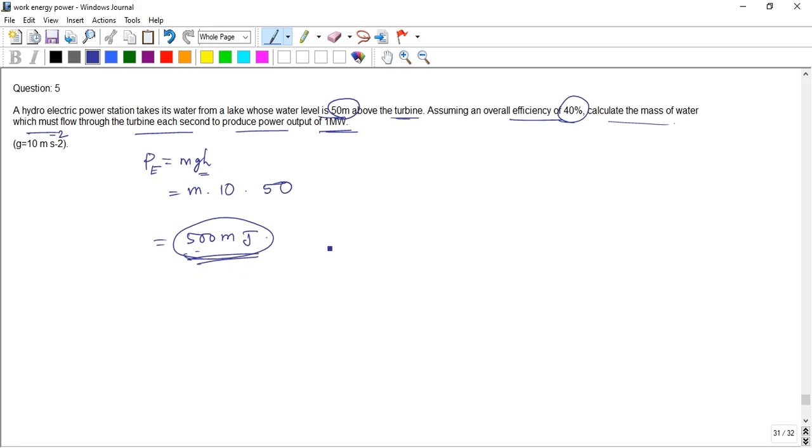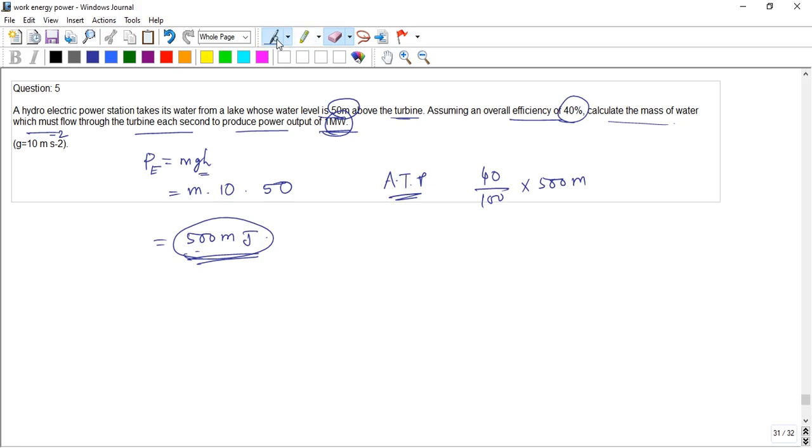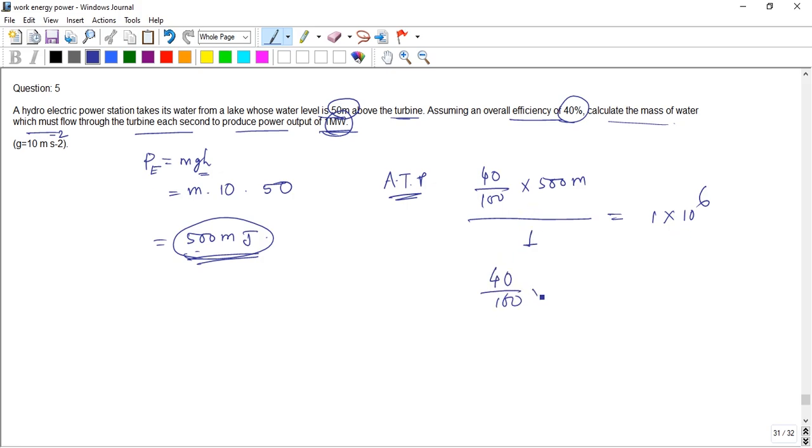500 m. So according to the problem, 40% of 500 m, that is for 1 second, that is the work done. Okay, potential energy is also work done. Work done by time in 1 second is equal to 1 megawatt. Mega means 10 to the power 6. That is energy by time, you also get power. Okay, so very simple. So 40 by 100 into 500